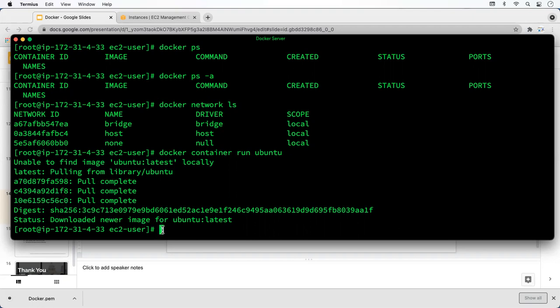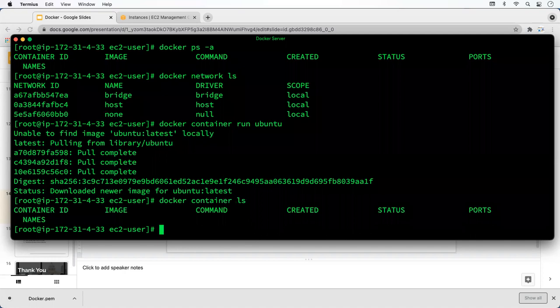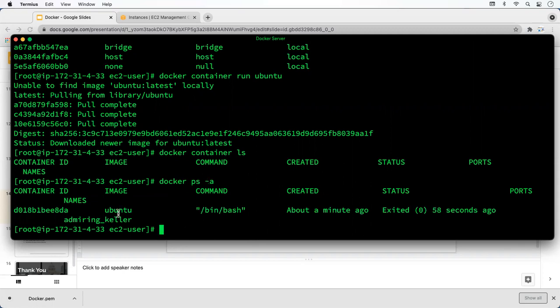And let's check docker container ls. There is no container running. It shows only the running containers. Let's check docker ps -a. So you see there is one container created about a minute ago.